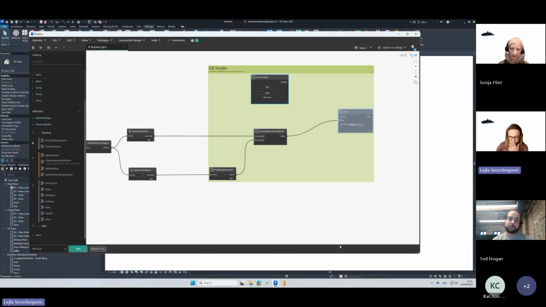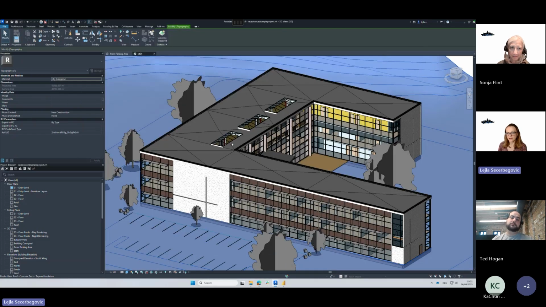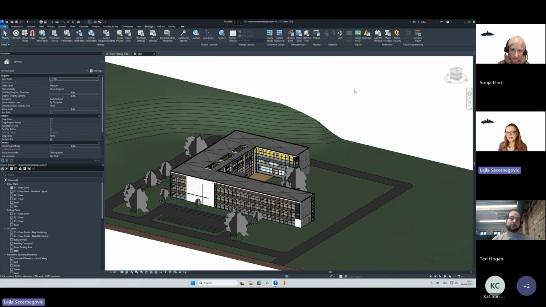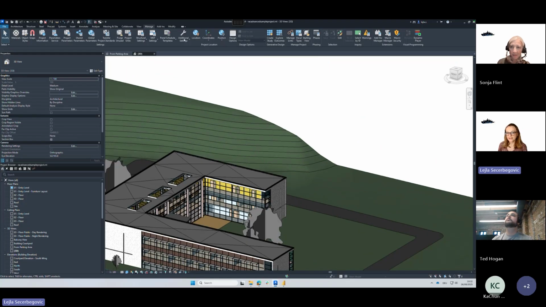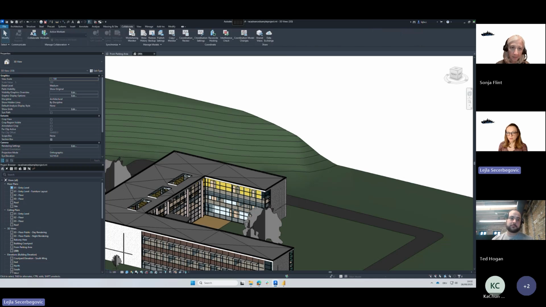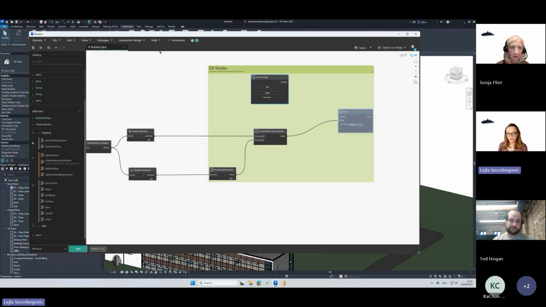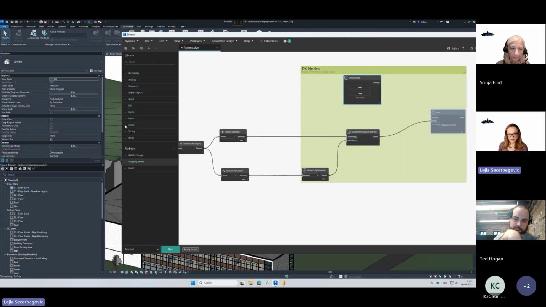Now let me briefly show you how that works in Revit and which workflow I have prepared for you here. So as mentioned, the Data Exchange connector for Revit would be in the Collaborate tab, and here you see the Data Exchange tab if you have installed the Data Exchange connector for Revit. Since we are using Dynamo, I will go into Dynamo and show you that when I install these connectors, I will have these two